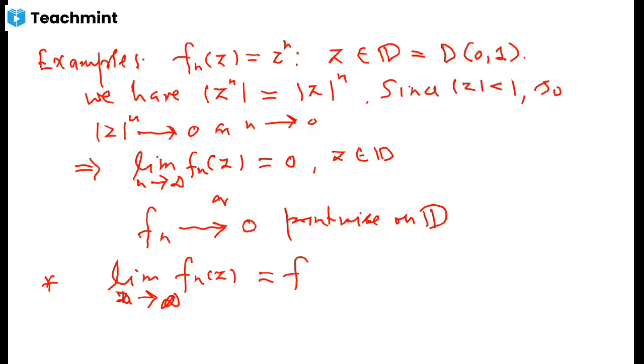If it depends on the point, then you will get a function which varies with z, and this f of z will also be a complex valued function defined on D. So the pointwise limit of any sequence is a function, and what we want to know is whether, if each function of this sequence has some mathematical property, like each function is continuous,